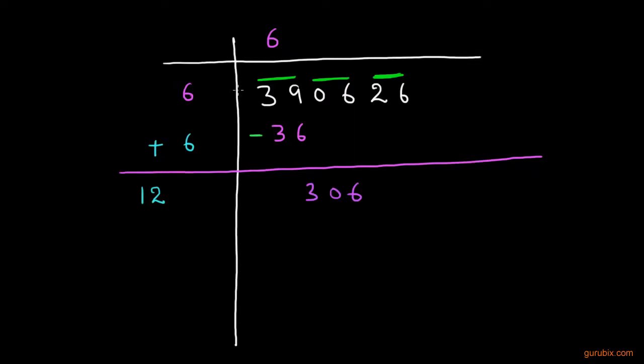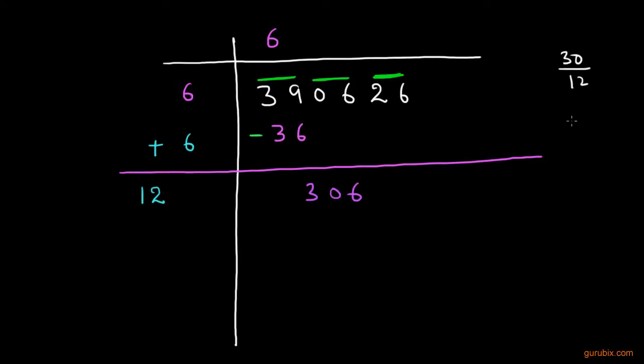And how can we do it? We can do it by the method: leave the unit digit of this number 306 aside and take the number 30 and write here, and divide this 30 by this 12,